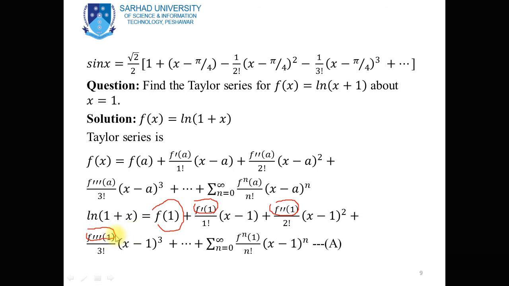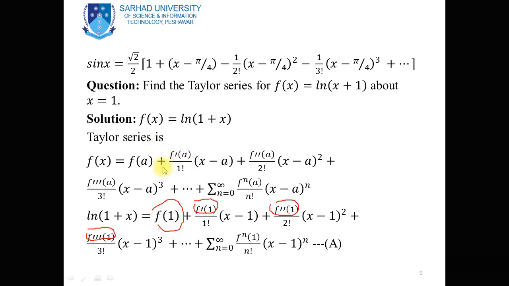And similarly you can find other terms of the series, and then putting the results in this series, like you see over here, this is the Taylor series. f of x is equal to f of a plus the first order derivative of the function at x equal to a divided by 1 factorial into (x minus a), plus the second order derivative at x equal to a divided by 2 factorial into (x minus a) whole square, plus the third order derivative at x equal to a divided by 3 factorial into (x minus a) whole cube, plus and so on up to n terms. You will obtain the Taylor series.